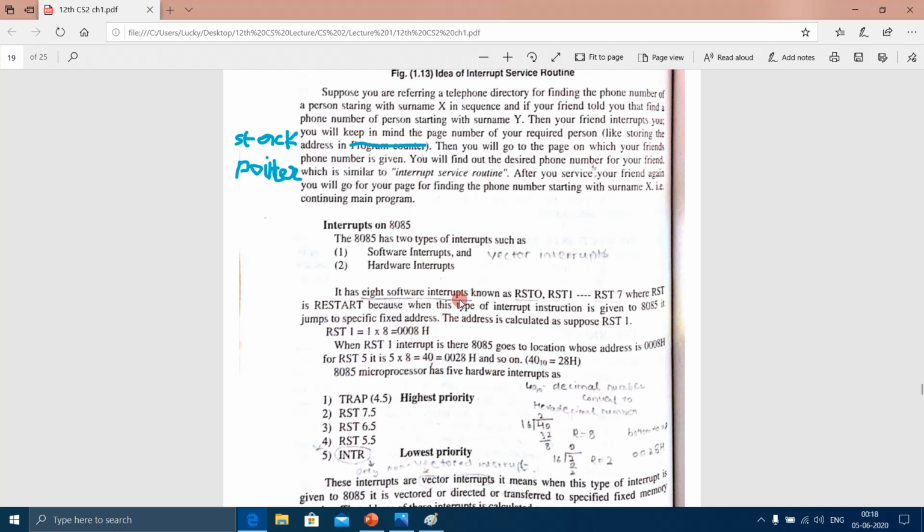The 8 software interrupts are known as RST0, RST1, RST2, RST3, RST4, RST5, RST6, and RST7.